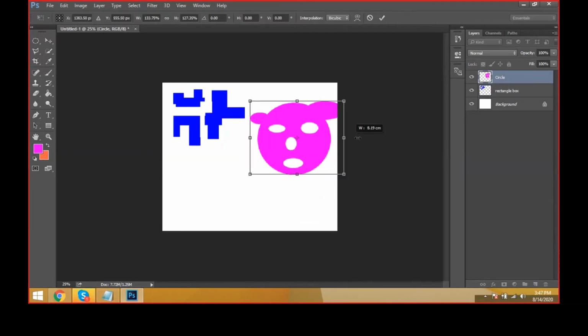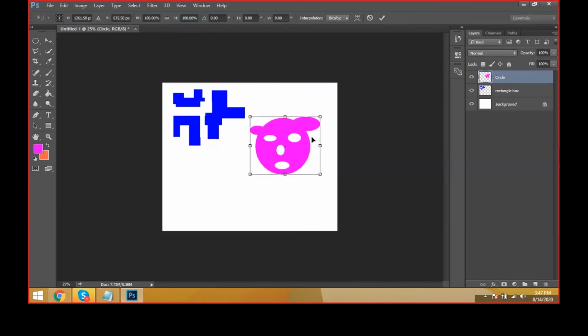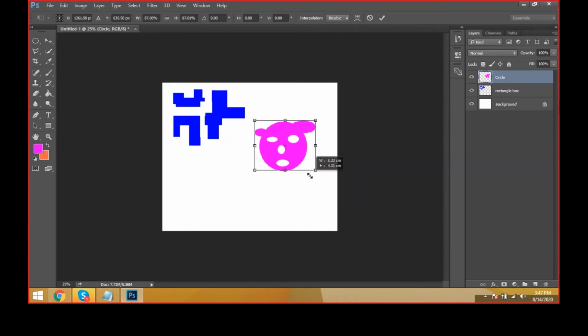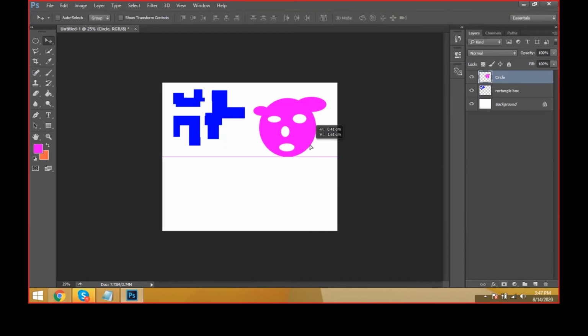Hold Shift plus Alt and transform at any corner. Then automatically the scaling will be proportional like this, and double click, or otherwise you can enter it on the keyboard also, or otherwise you can come in here and double click like this. Okay.